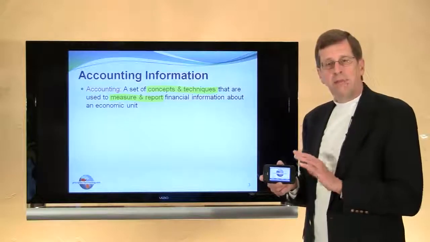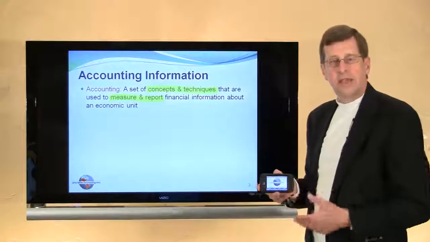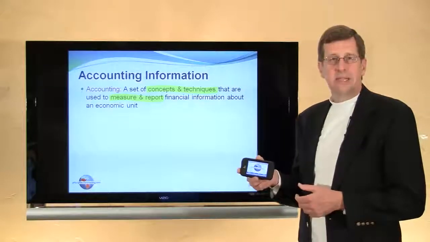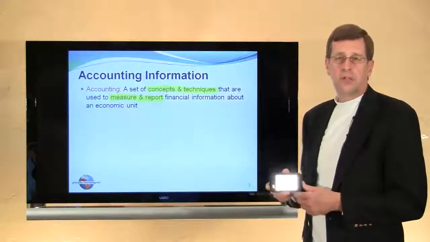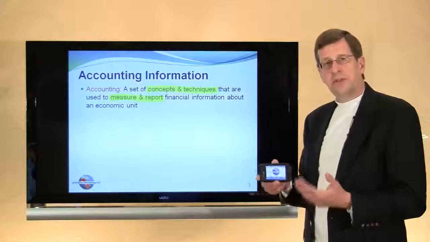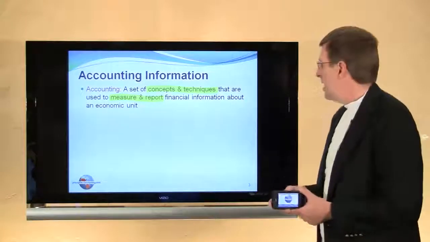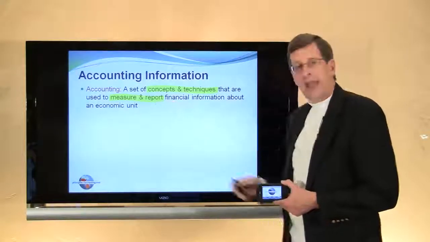Obviously the way the companies that sell them recover their money is through continuing monthly fees or service plans associated with these. So the customer that buys this at a bargain price is also expecting to have to pay for a 2 or 3 year contract. And so the question becomes, if you were the company, the cellular provider in this case, how would you recognize, how would you measure the revenue for each particular month or quarter or year, and how would that be reported for financial reporting purposes?